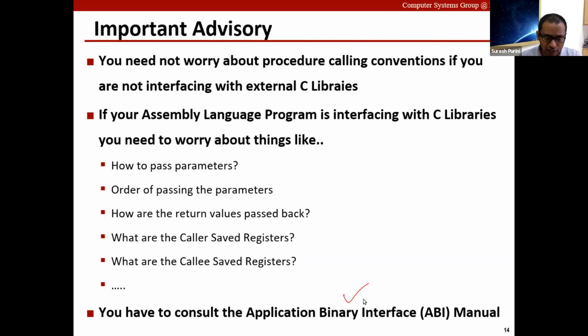When you are trying to build a compiler, build a linker, or write a library on a new operating system plus architecture, you need to have this ABI defined. Otherwise, it's not going to work. For example, if you are doing a code generator, and you want your mini C to use the C libraries, then you need to know in which registers you should be passing parameters, and from which registers you should be extracting the return values.